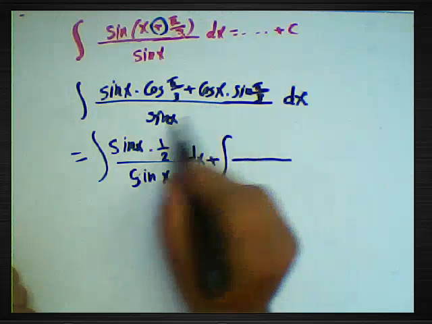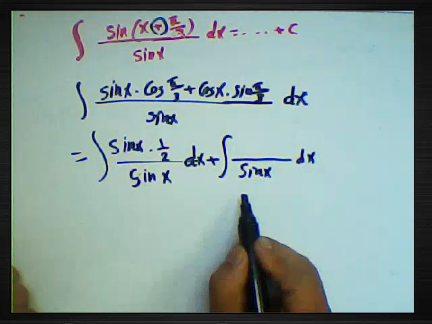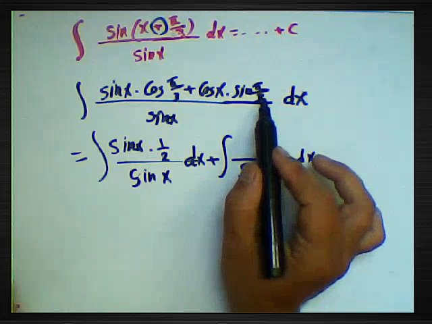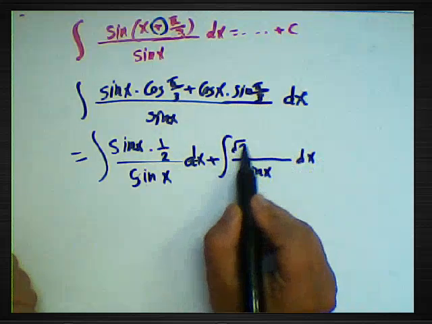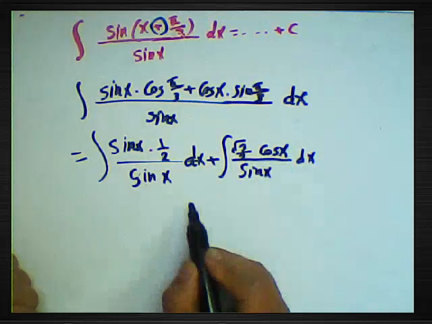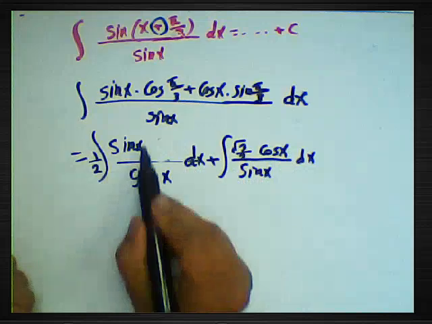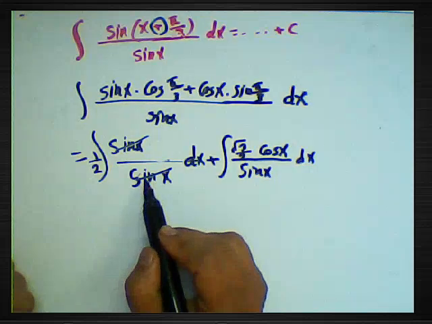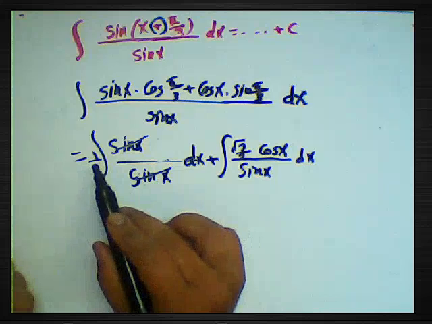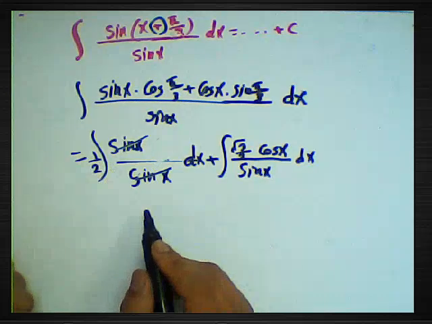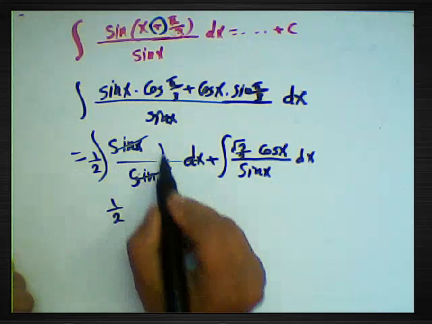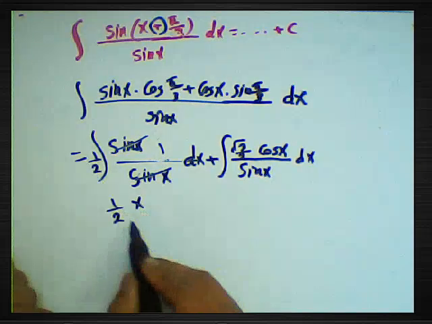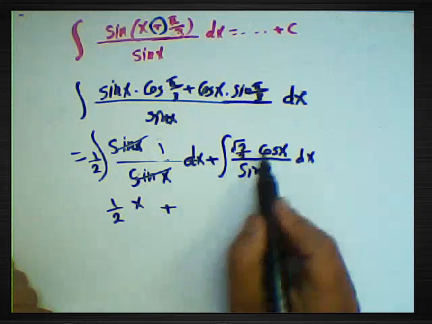integration about this function divided by sine of x dx. Sine pi over 3, it means 180 divided by 3 is 60. Sine 60, it will be root 3 over 2, multiplication by cosine x, and I will write half outside here. Sine x divided by sine x, it will be 1. Integration about 1, it will be what? We can write here integration about half, it will be half x, right? Integration about 1, it will be x, x times half, it will be half of x, plus integration about this